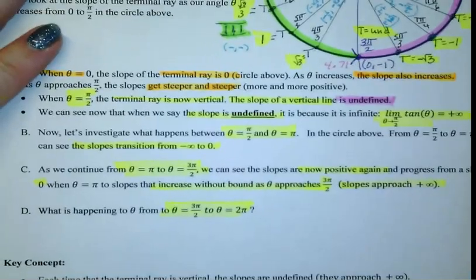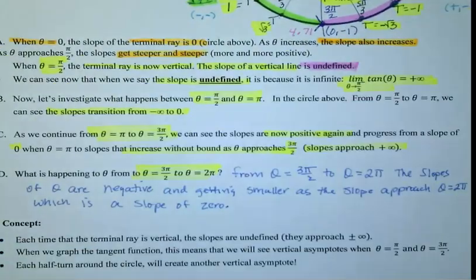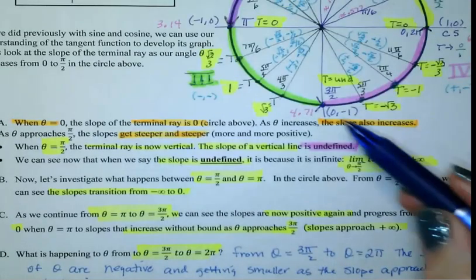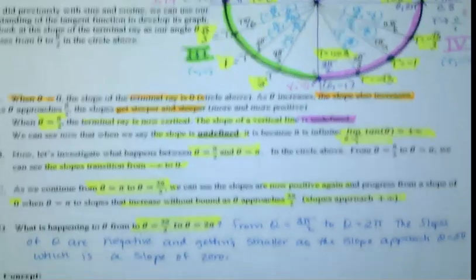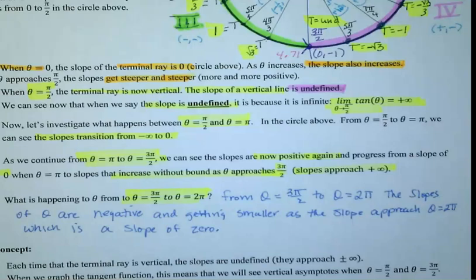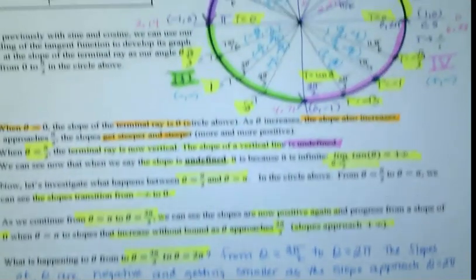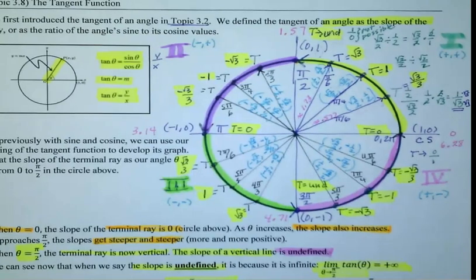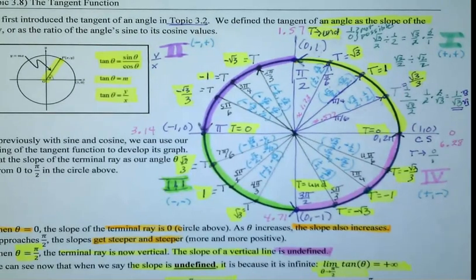So we can add that to our list. As we move from theta 3 pi over 2 to theta 2 pi, and we're moving around our circle in this direction, the slopes are negative and they're getting smaller as the terminal ray approaches that 0, which has a slope of 2 pi. So this is giving you a good idea of how those rays are behaving